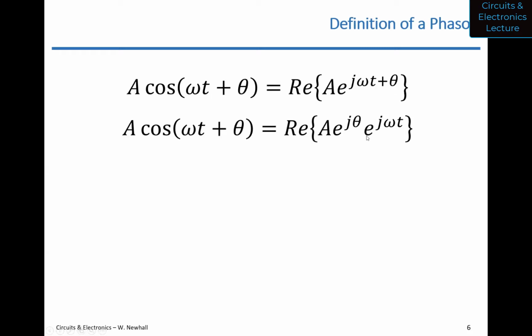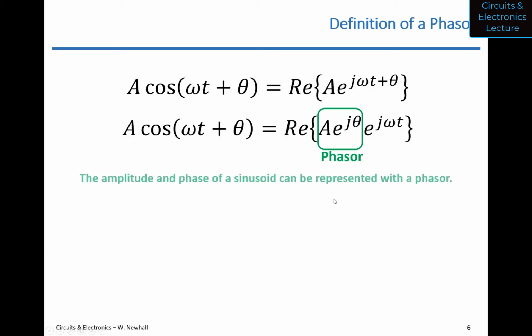But yeah, that should be distributed there. Okay. And then that's the phasor right there. So the phasor is A e to the j theta. That looks a lot like the exponential form of describing a point in two-dimensional space. What we're going to do is use that phasor to represent the amplitude and phase of a